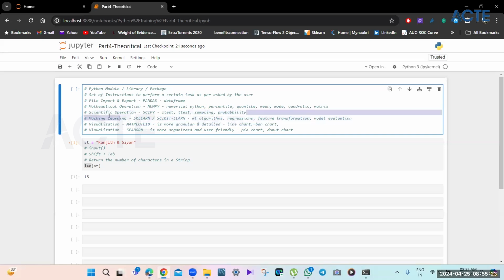Now, SciPy is majorly for people who work on research, on statistical operations, let's say at ISI or some research center. So those people are majorly using SciPy. We can also use it. It entirely depends on the situation you are in and what is the need of the hour. But for our case, these are the ones that we will majorly use.